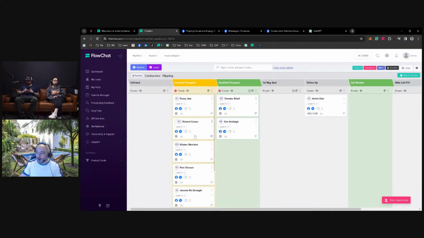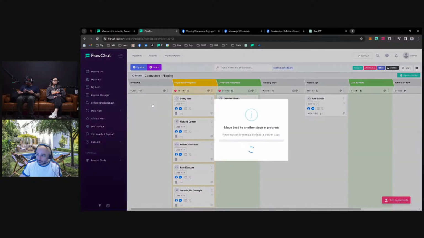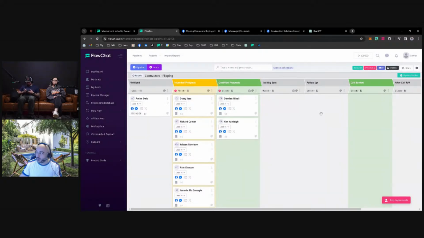So you don't have to worry about it. As you are adding people and messaging and following up, people will naturally become either unresponsive or not qualified. As part of your normal flow, you move them into the unfollow or unfriend stage. You'll have people passing through into booking and deals, but as you can imagine, the majority of people are not going to become a deal. You're not going to sell to the majority of people. You're going to sell to a percentage, maybe 5-10% at most. All those that you don't get deals with, which you're probably never going to get a deal with, you just move to unfriend. There you go. Problem solved.